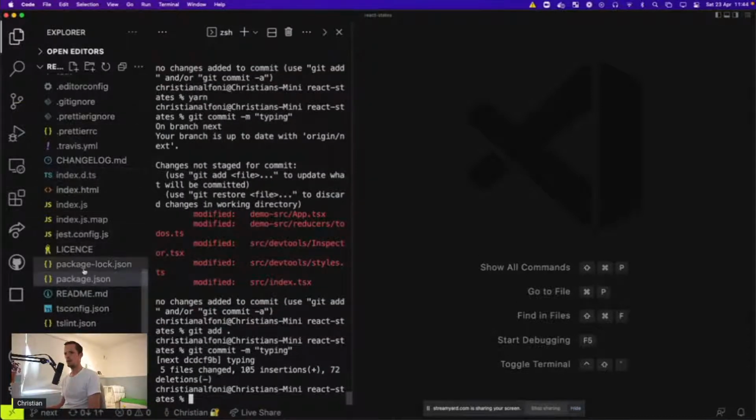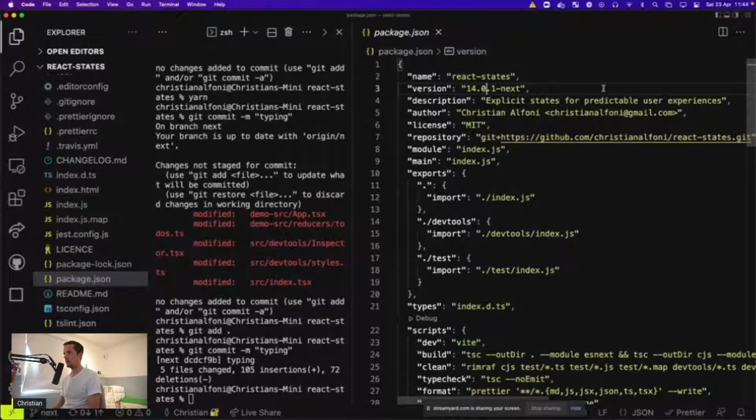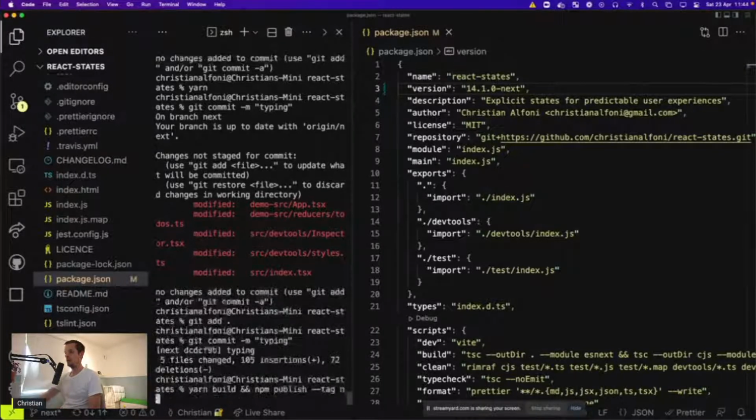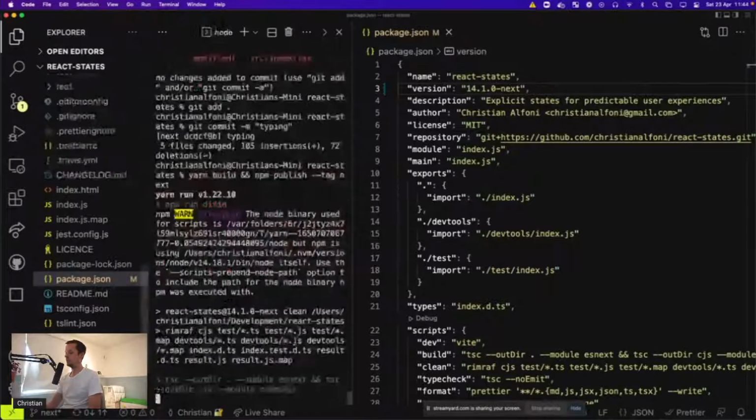Yeah, and let's change the package version here. Let's just do something like this. Yarn build and yarn npm publish tag next. And then I am to use my